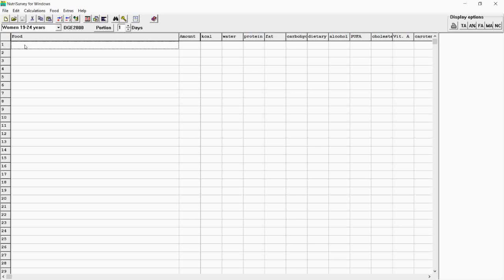So for handling mixed dishes or composite food, to enter the food inside the NutriSurvey, you may use the standard recipe. So instead of entering each ingredient of the food into the NutriSurvey, we can use the standard recipe and save it as a recipe in the NutriSurvey.